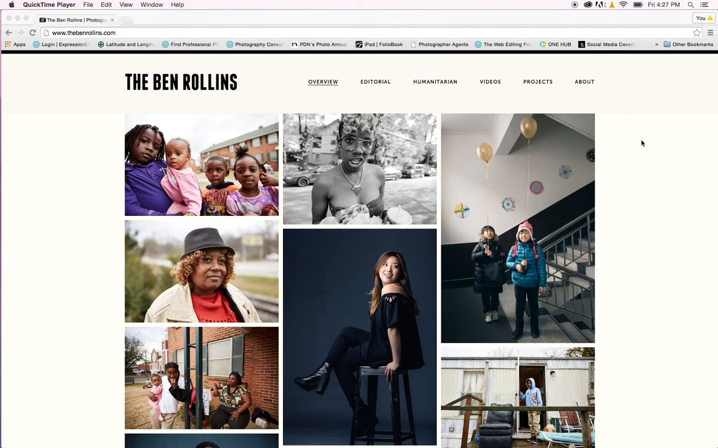Hi, I'm Stacy Swiderski, a photo editor here at Wonderful Machine, and I'm about to work on a web edit for photographer Ben Rollins. Ben is a portrait and reportage photographer based out of Atlanta, Georgia, and he initially came to us looking for